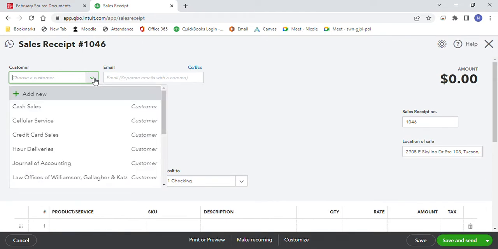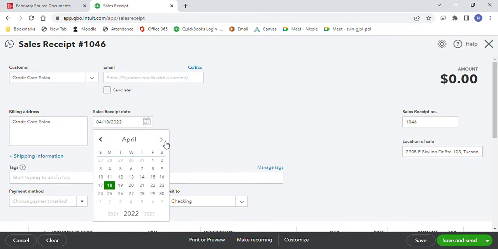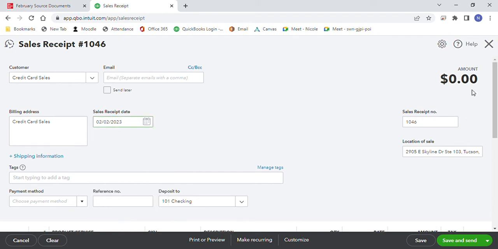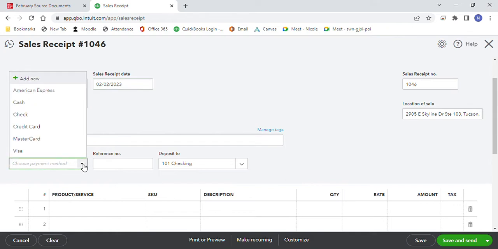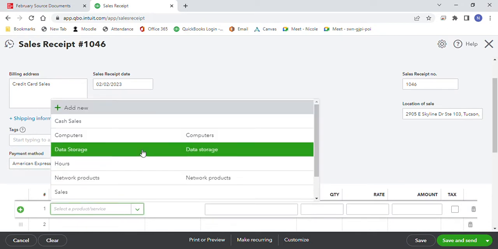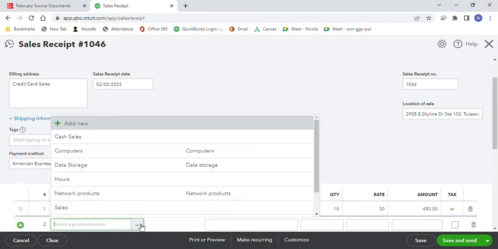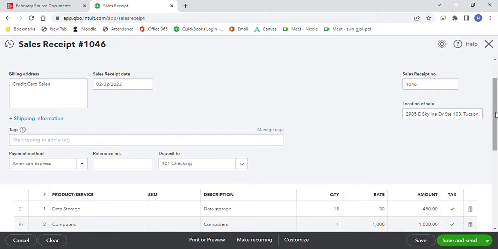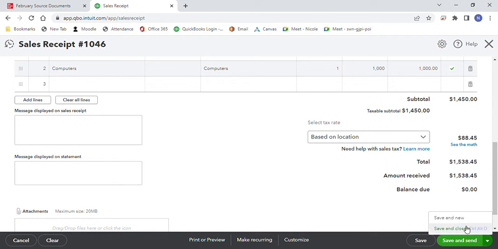And the date was February 2nd. And then we're going to select, the first one is American Express. And it's 15 data storage and 1 computer. So go to data storage, quantity 15, and then computer 1. And the total should come out to 1538.45, and that would be save and new, because the next one we do